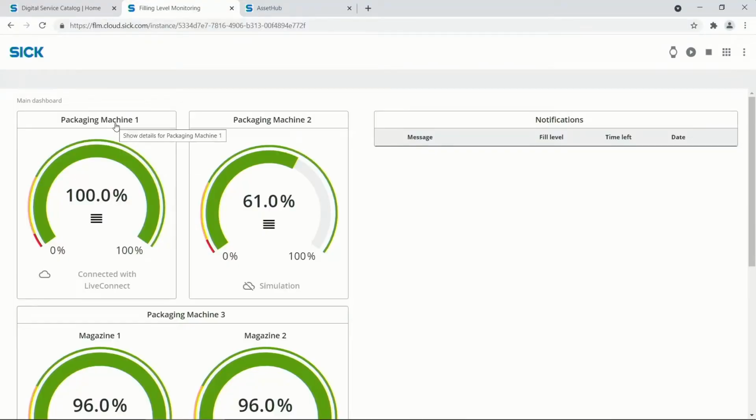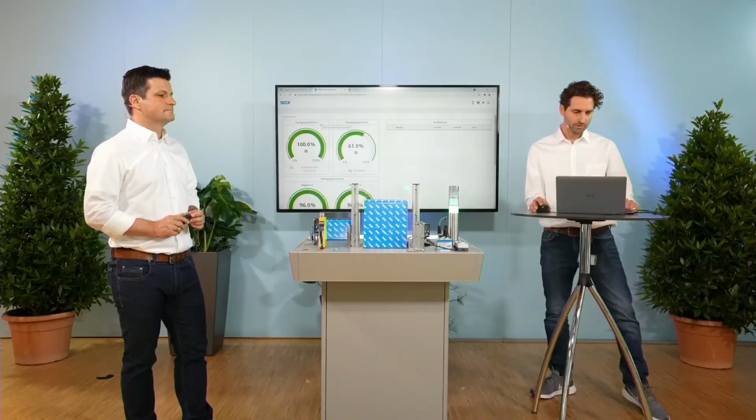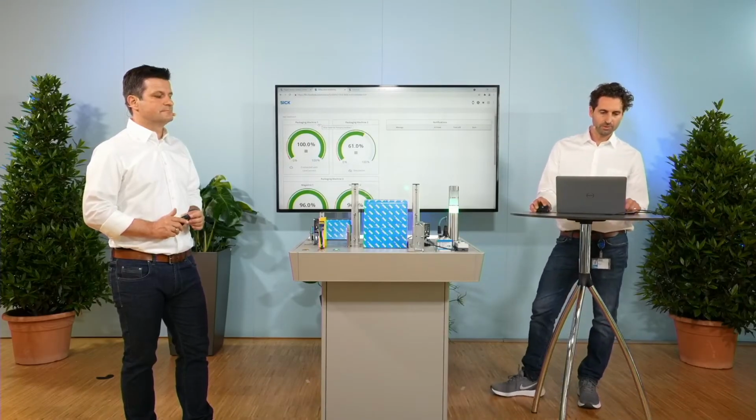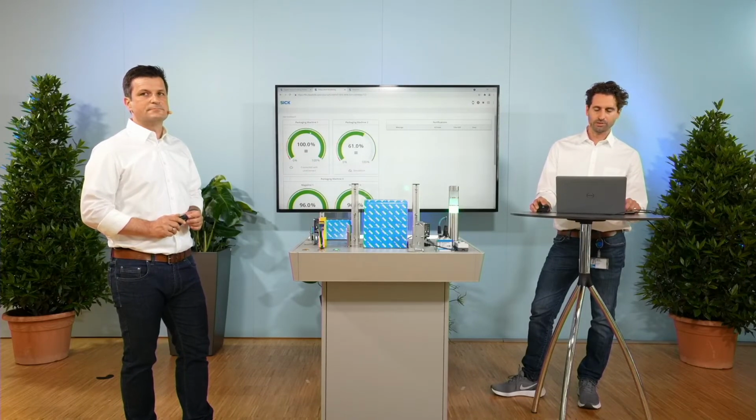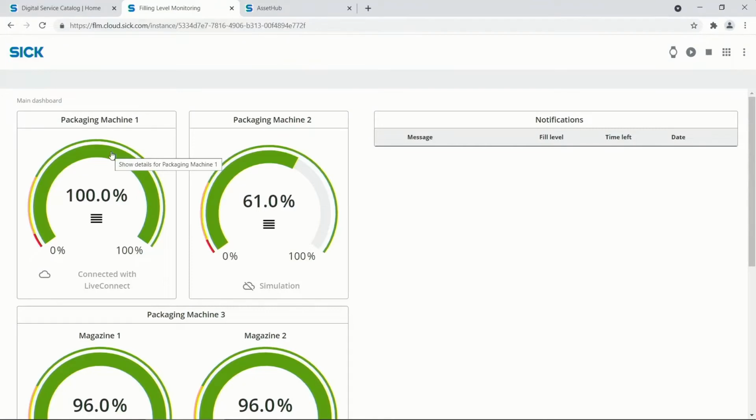So that means, as Alexander already said, we have a DT35 sensor, which is continuously sending the distance from the sensor to the card boxes via an edge gateway to our cloud services. And you see here on my screen, on the upper left side, you see the current status of the filling level. So when Alexander, for example, is moving some parts,